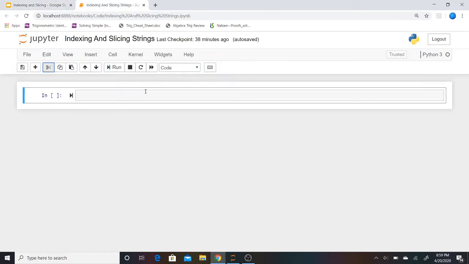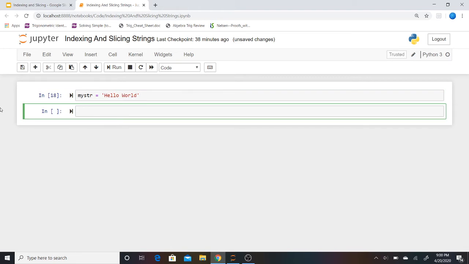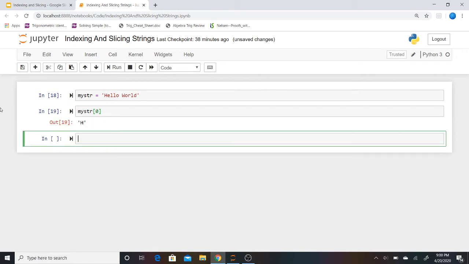Alright, so I'm here in a Jupyter notebook. So let's just say my_str equals "hello world." Yes, I will use that phrase a lot. So we can say my_str, and for indexing, let's use the square brackets. If we use 0, then we'll get H, and it's capitalized. We do my_str of